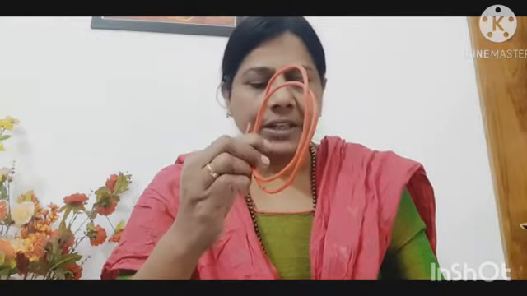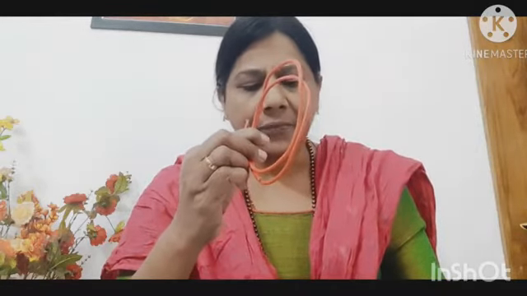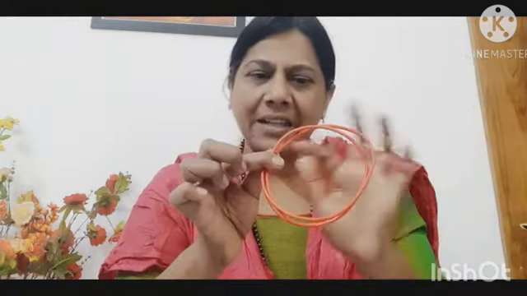Because the current in each circular turn has the same direction, the field due to each turn adds up more and more. Dear ones, the magnetic field produced in the circular loop depends upon the number of turns of the coil and the current flowing through it. Hope you understood how magnetic field lines are formed in a circular loop.